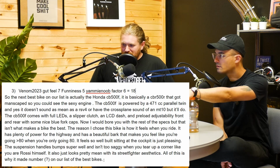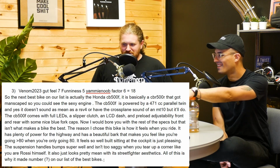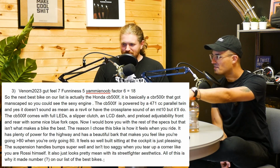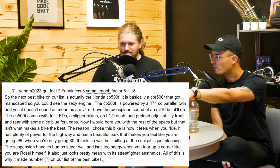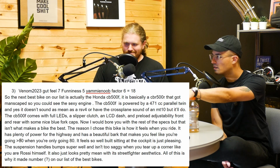It also looks pretty mean with this Street Fighter aesthetics. All this is why it made number ? on our list of best bikes. I like that. That felt nice, I think. It had some good flow to it. Yeah. This one, when it feels like you're going over 80 when you're only doing 80, that was a little